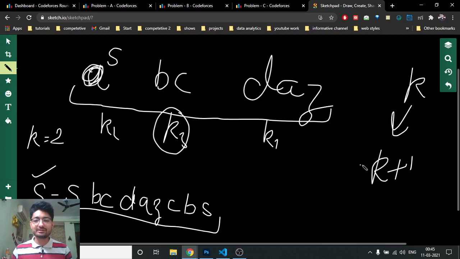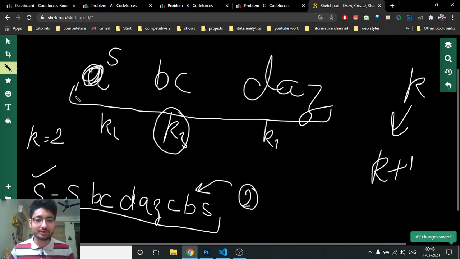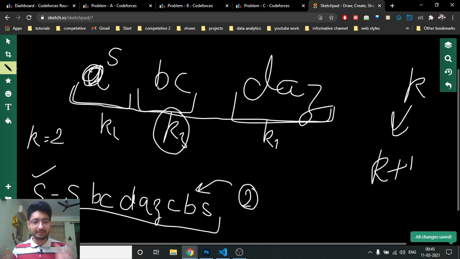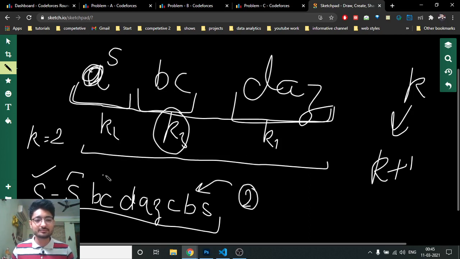Now you are given k, and for this string k is equal to 2. So if you have k equal to 2 and s given to you, can you tell whether there are valid non-empty strings you can form, such that s can be cut into three strings, where you take the first two strings and the third string, and the rest are the reverse of these strings, and you concatenate them, then you form the string.